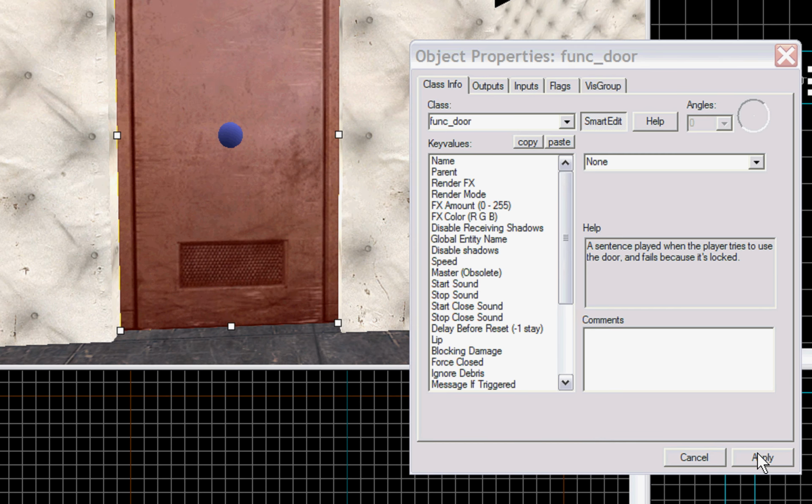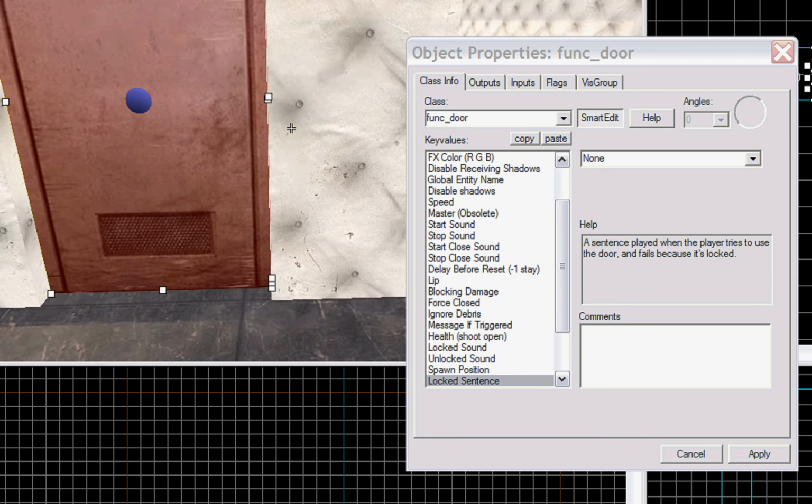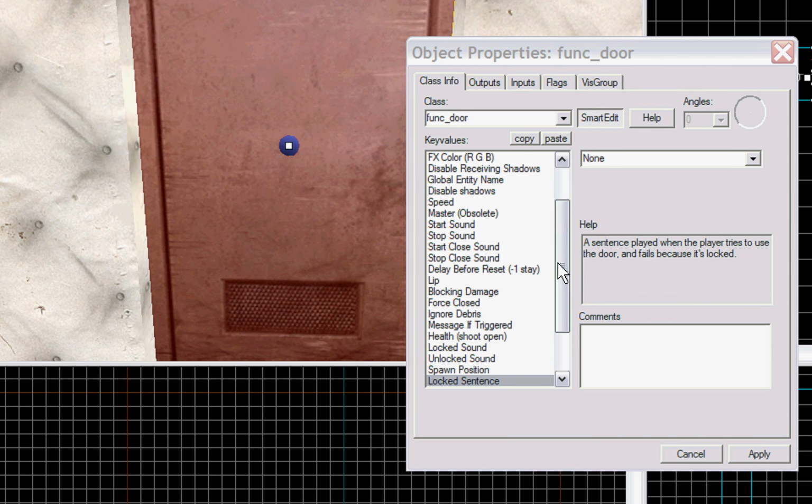So just hit apply, and bingo, we have a door which is going to slide open. Actually, one more thing I forgot to mention. We gotta